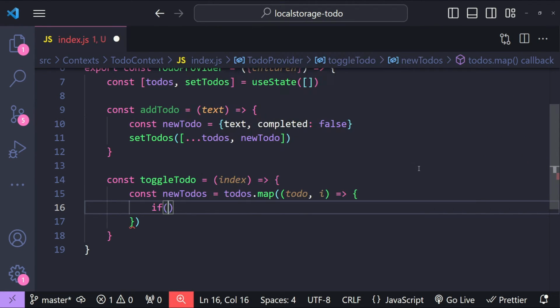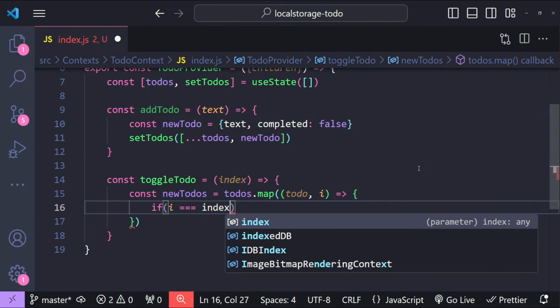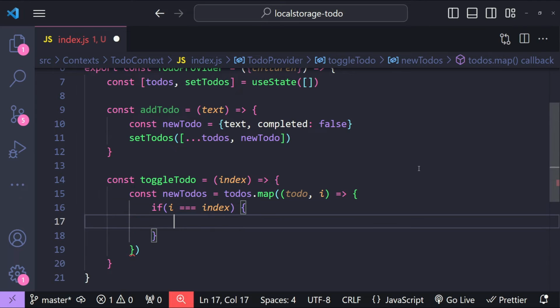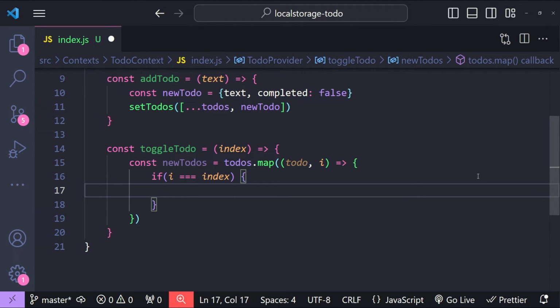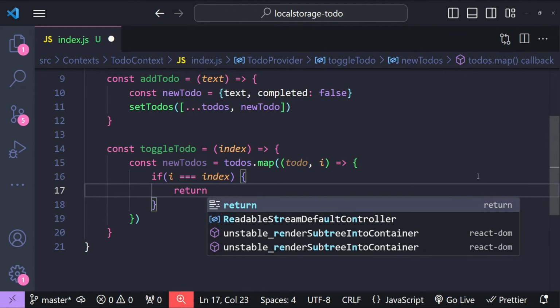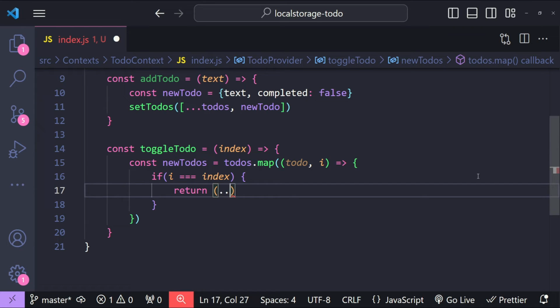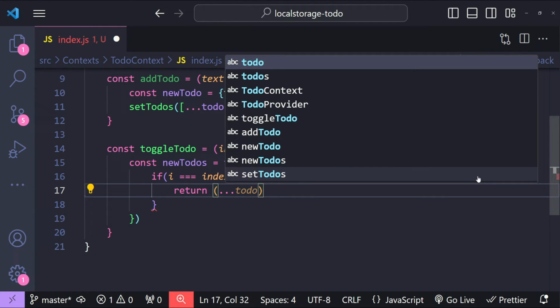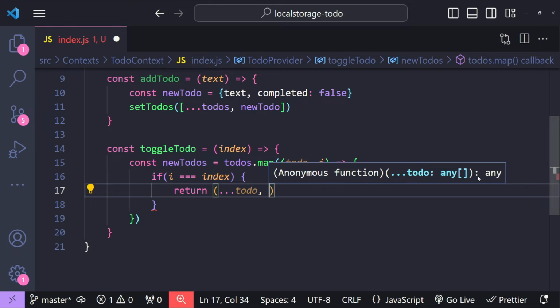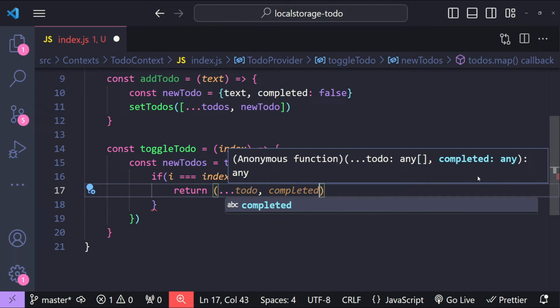So if the current index is equal to the index argument, then we are going to toggle the to-do by returning an updated object, so return, and then first let's spread out the existing to-do properties, and then we can simply set the completed property value as its inverse, so not todo.completed, and let's also set the